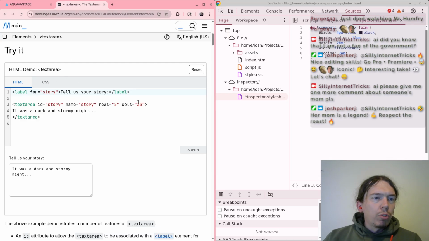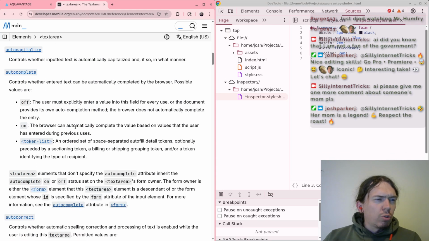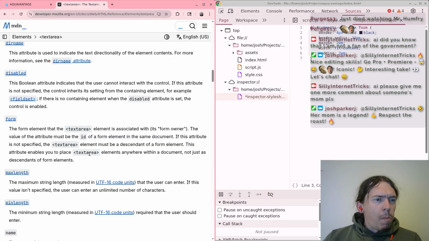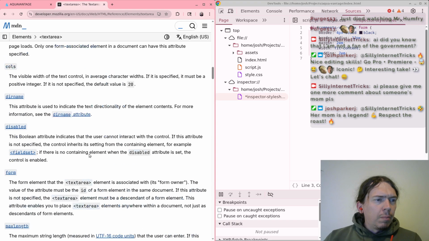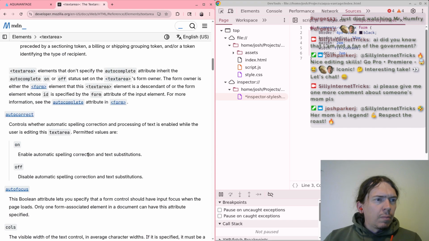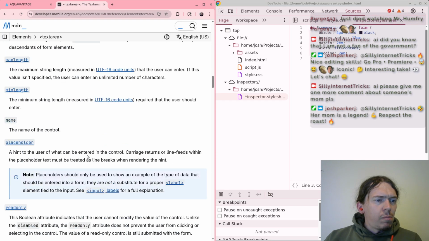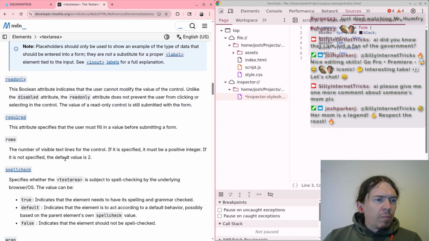Anyway, so rows, columns. Do you always use rows, columns? The default value for rows is 2.